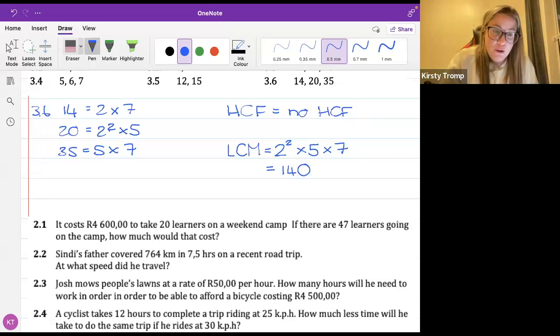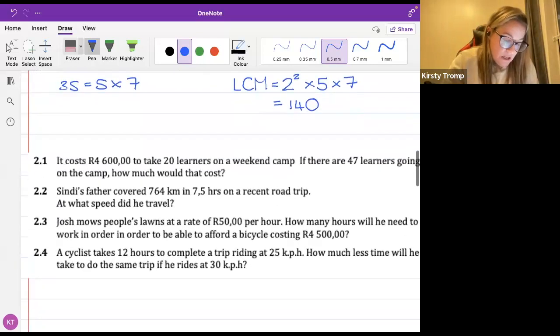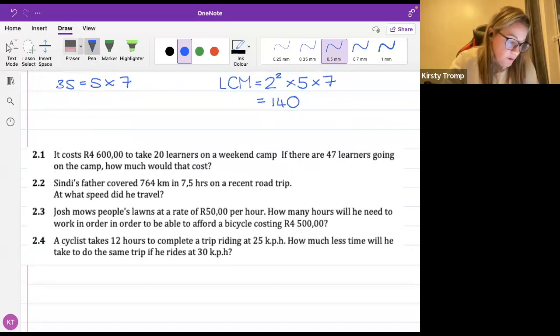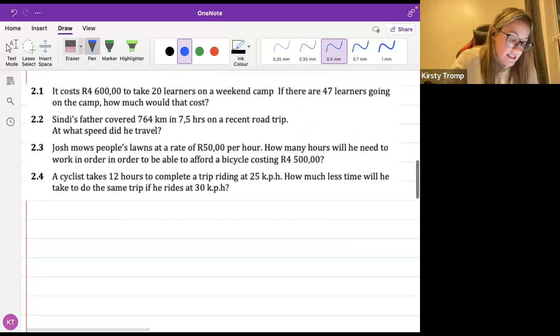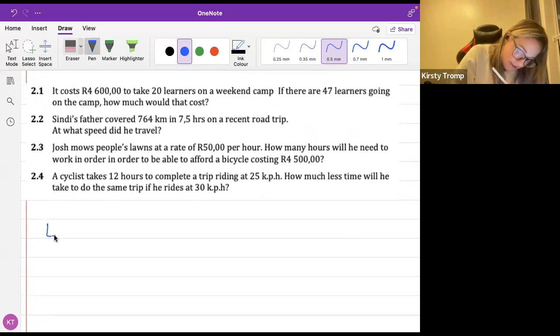All right, guys, I'm going to go to 2.1 quickly, and then I'm going to come back, Jabulile, to your question, because I remember you also had a question on this. So, 2.1. It costs 4,600 to take 20 learners on a weekend camp. If there are 47 learners going on the camp, how much would that cost? So, guys, do you agree with me? If we're looking at learners,